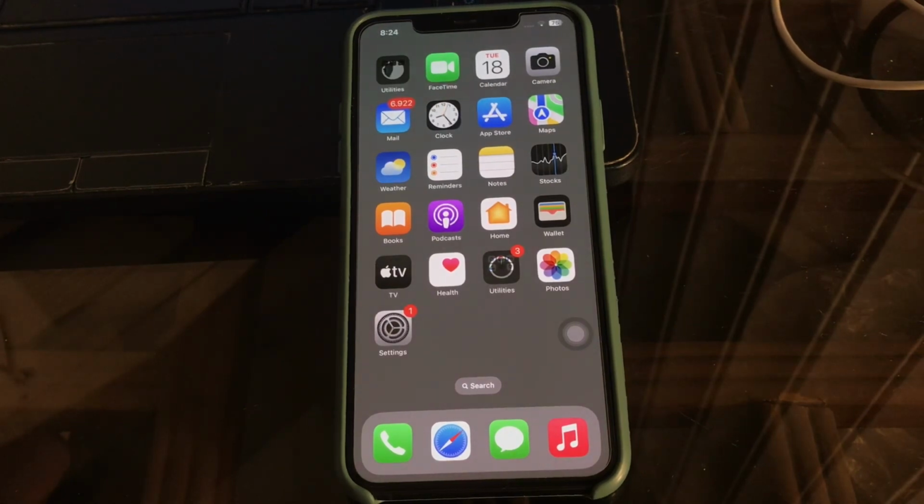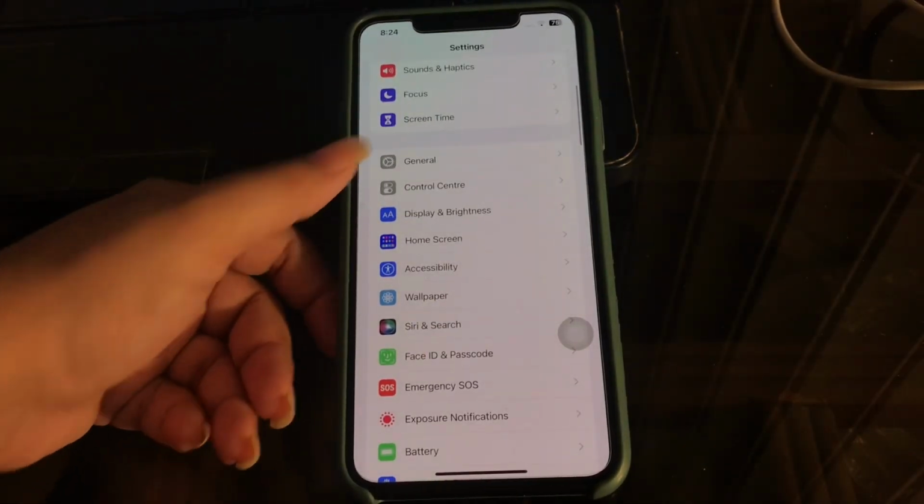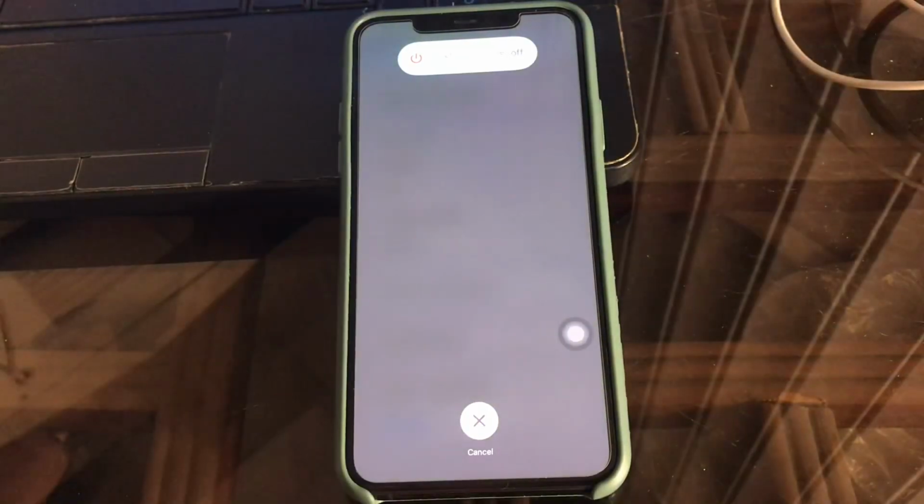And the next step is to restart the iPhone. This can also sometimes be fixed by just restarting the iPhone. To restart your iPhone, go to the settings page, tap on it, scroll down and then tap on general, scroll down to the bottom and then tap on shut down. Slide to power off to turn your device off. After that, to start your iPhone, you need to press and hold the volume up and power button together till you see the Apple logo on your screen. Check if the problem is fixed or not.